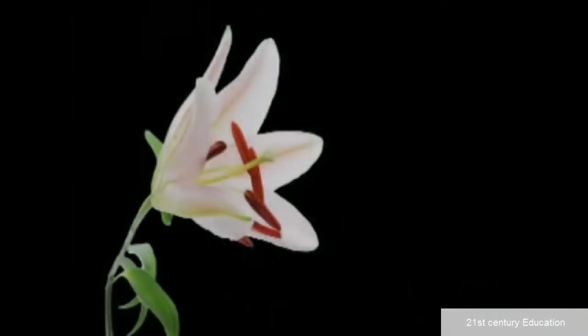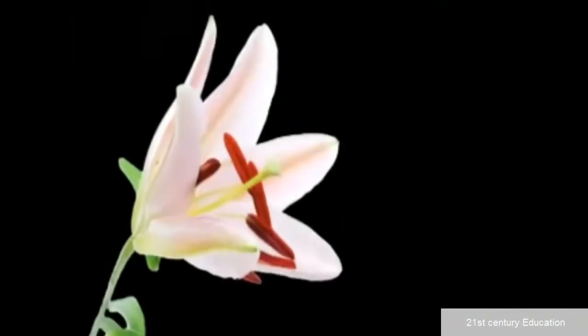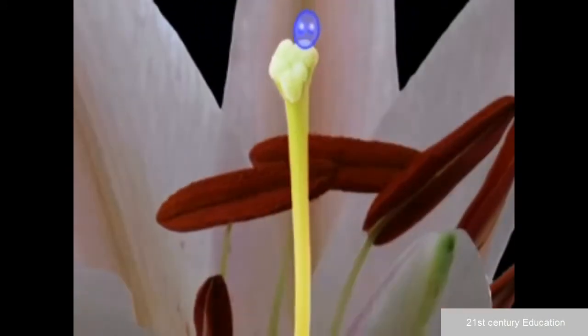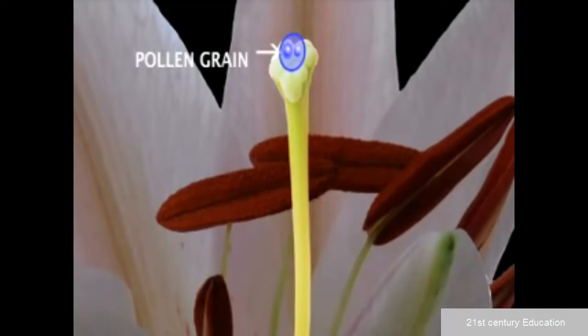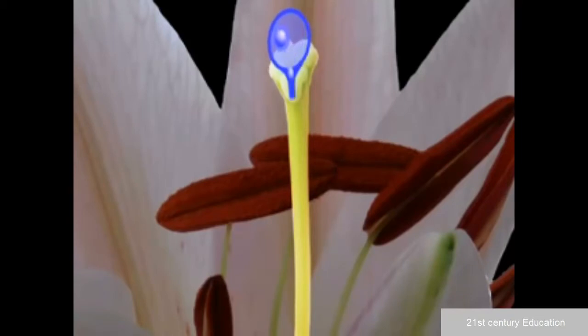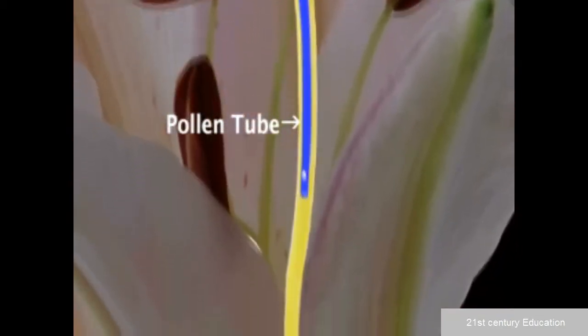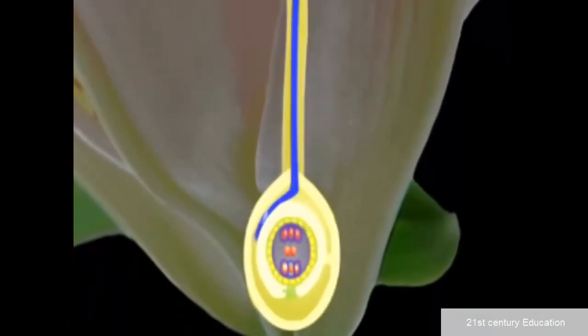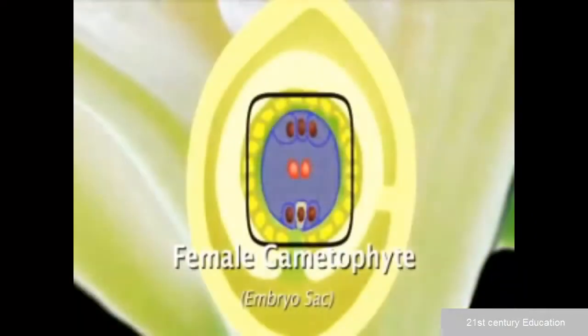The process of seed and fruit formation begins when a pollen grain makes contact with the sticky, moist stigma of the carpel, and the pollen's tube cell germinates, forming a pollen tube that grows down into the style. This tiny tube descends into the ovary and then into an ovule, where the female gametophyte or embryo sac is